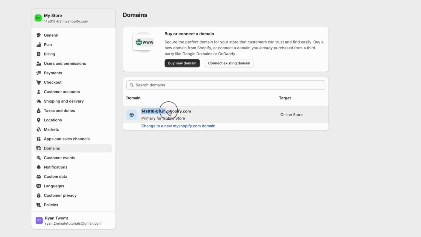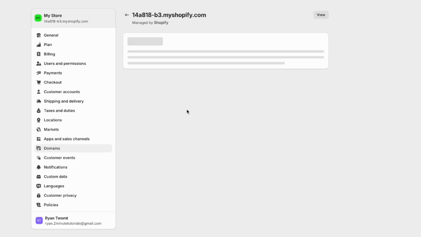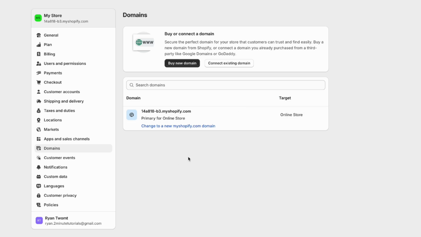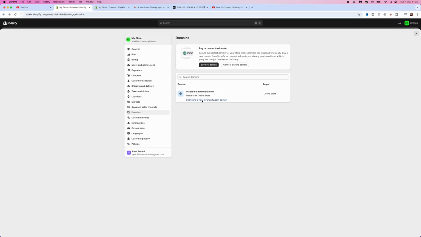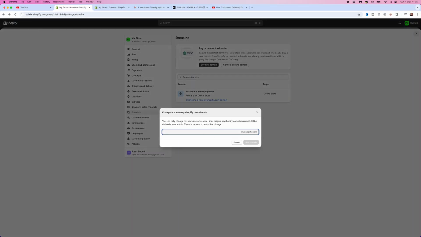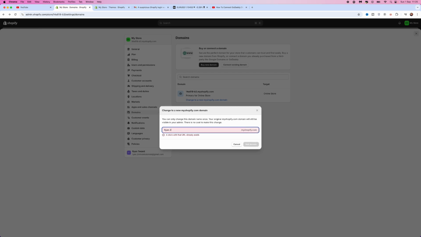As you can see right here, this is my custom domain that has been given to me by Shopify. Now, if I want to customize this and change this, all I simply need to do is click on change to a new shopify.com domain. Select this right here, and then you can put whatever you want into this box. Now, once you've entered in whatever you want into this box, your custom domain, you can simply click on add